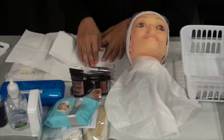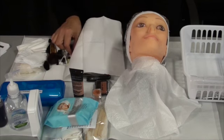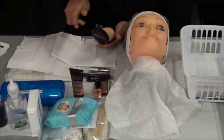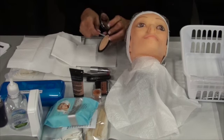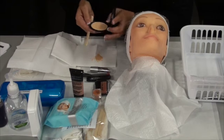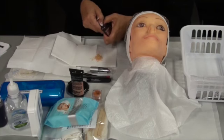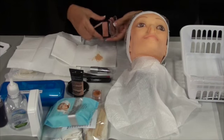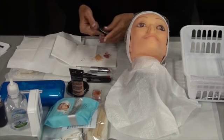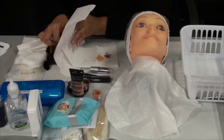Okay, so the first thing we're going to do is we're going to scrape off using our tongue depressor or our spatula, whichever one you choose to use. And we are going to scrape off our translucent powder onto our product. We're going to turn our spatula around, and we are going to take out our blush. Throw your tongue depressor away, and now we're going to get a second one,